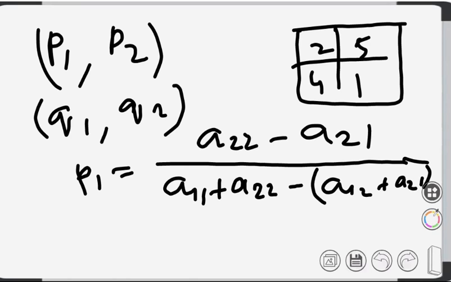So according to the formula, just put the values. What is the value of A22? A22 is 1. A21 is 4. So 1 minus 4 by 2 plus 1